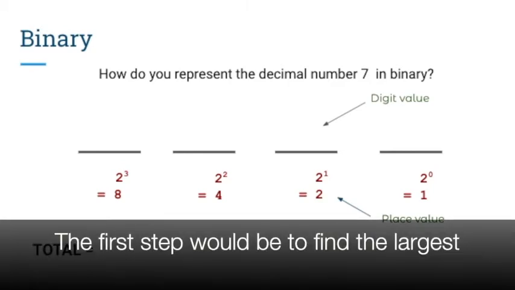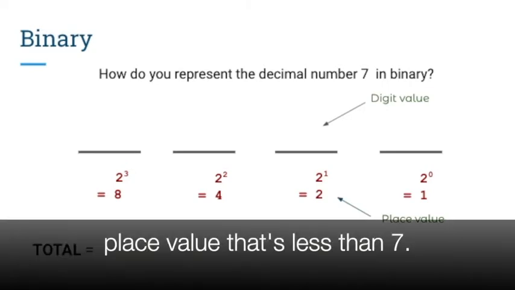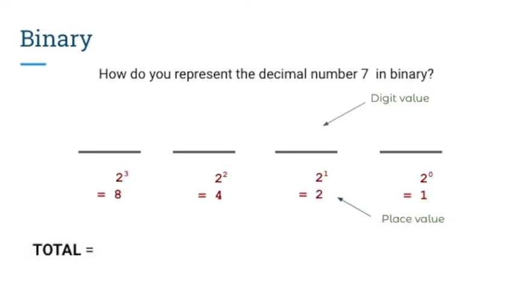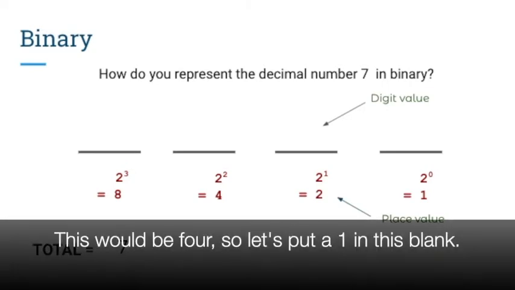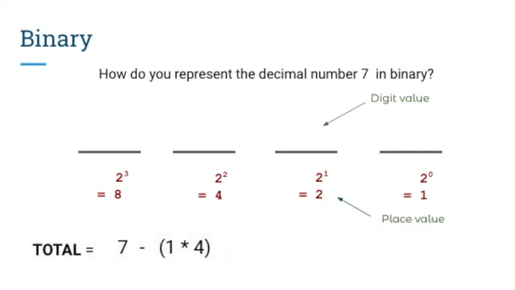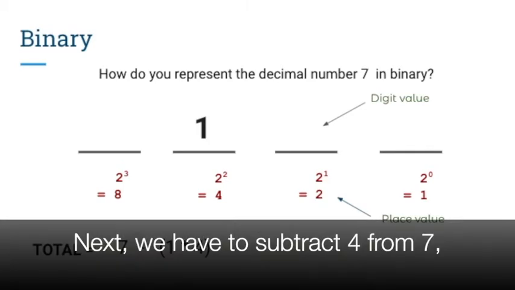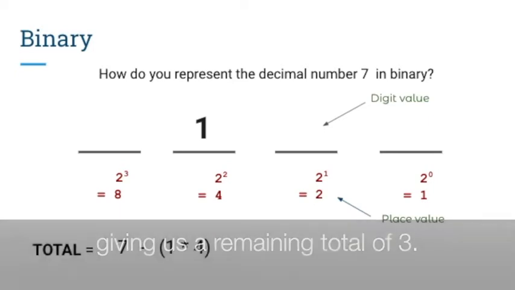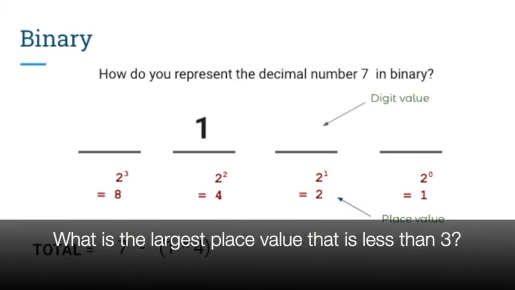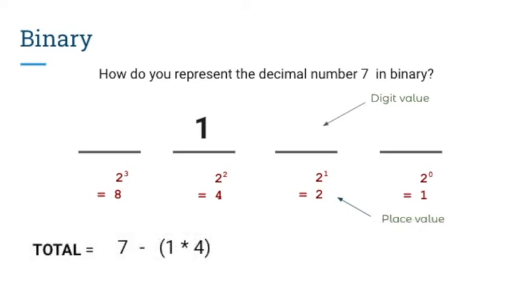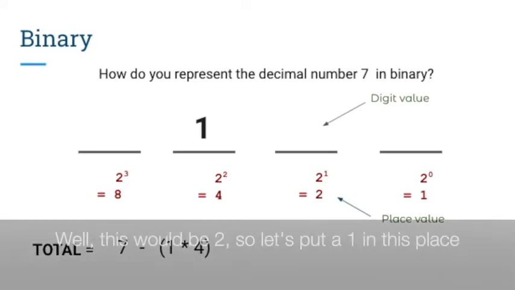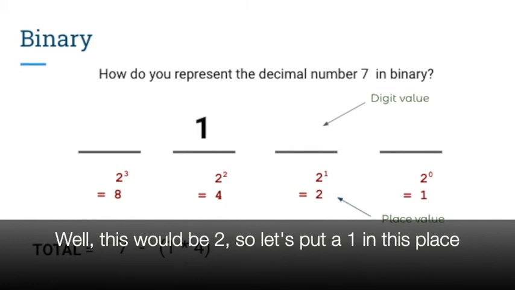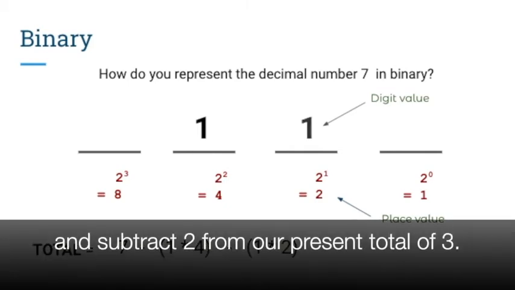So the first step would be to find the largest place value that's less than 7. This would be 4, so let's put a 1 in this blank. Next, we have to subtract 4 from 7, giving us a remaining total of 3. What is the largest place value that is less than 3? Well, this would be 2, so let's put a 1 in this place and subtract 2 from our present total